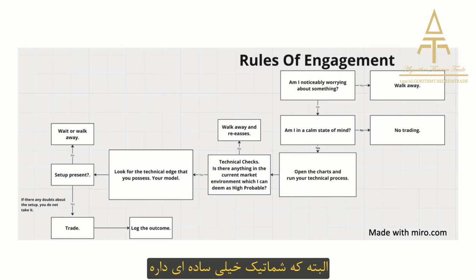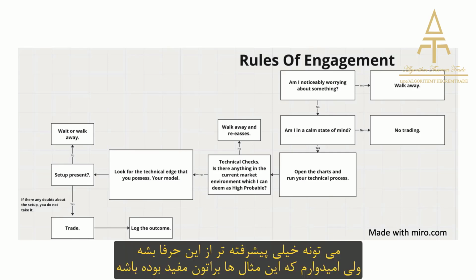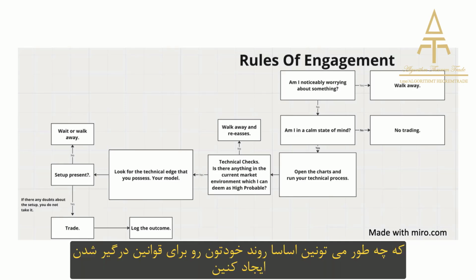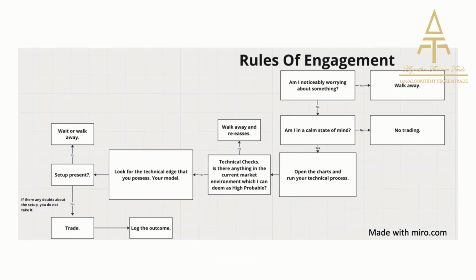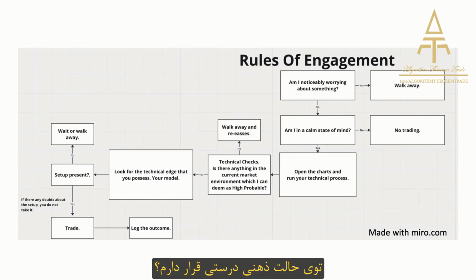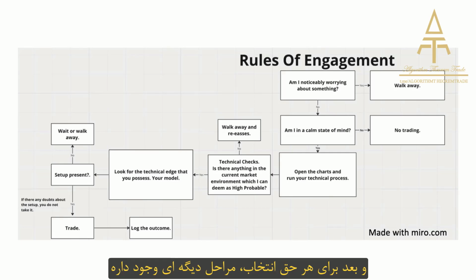This is of course a very simplistic schematic. The questions are rather simple and rather short in its totality. It can be made way more advanced, but I hope that this example has given you an insight on how you can create basically your own process for rules of engagement. It all begins by asking questions to yourself and offering two options: yes or no. Highly probable, yes or no. Do I feel well? Yes or no. Am I in the right state of mind? Yes or no. And then for each option, there will be follow-up steps. Do this or do that.